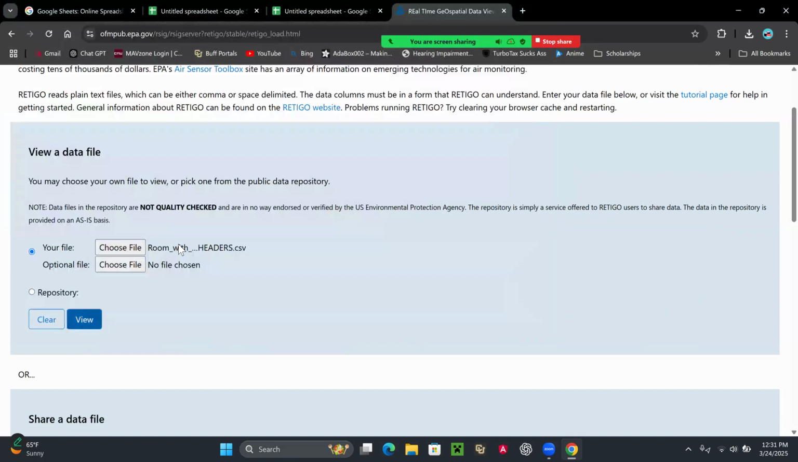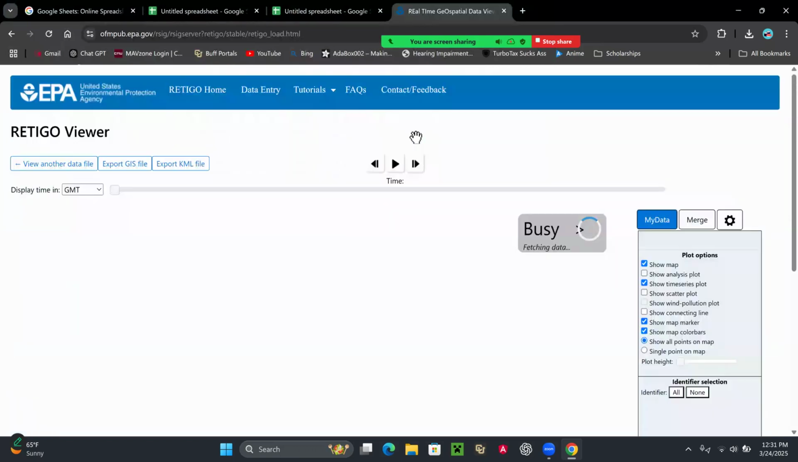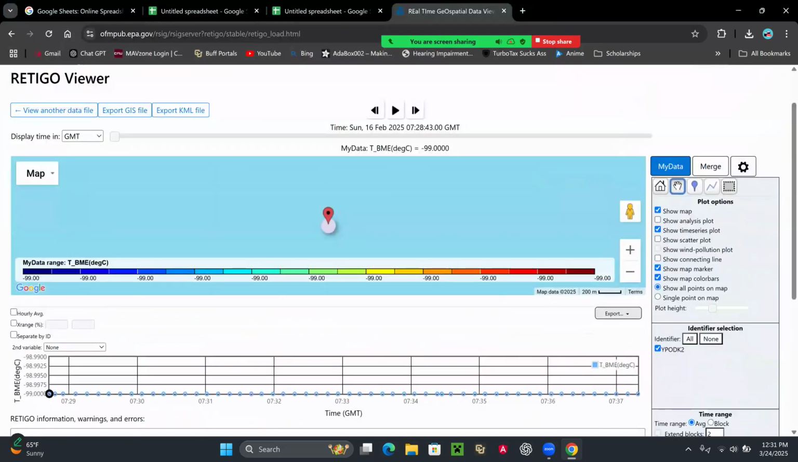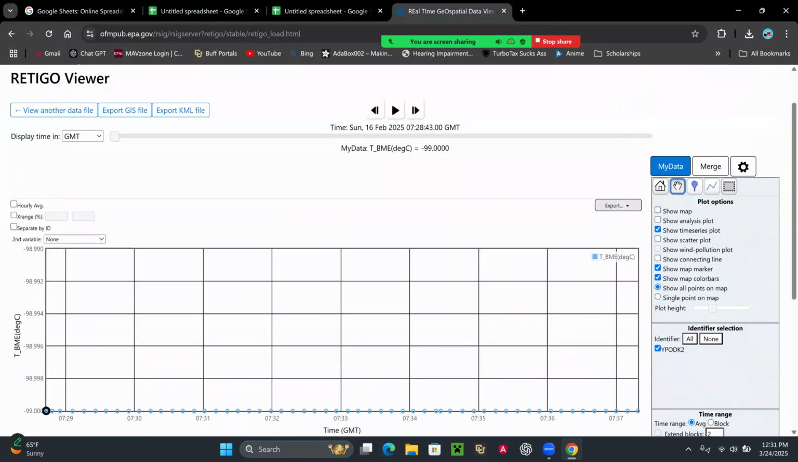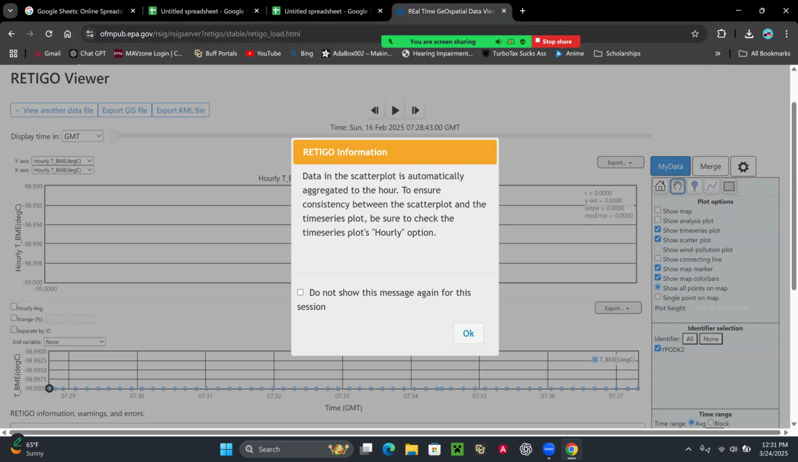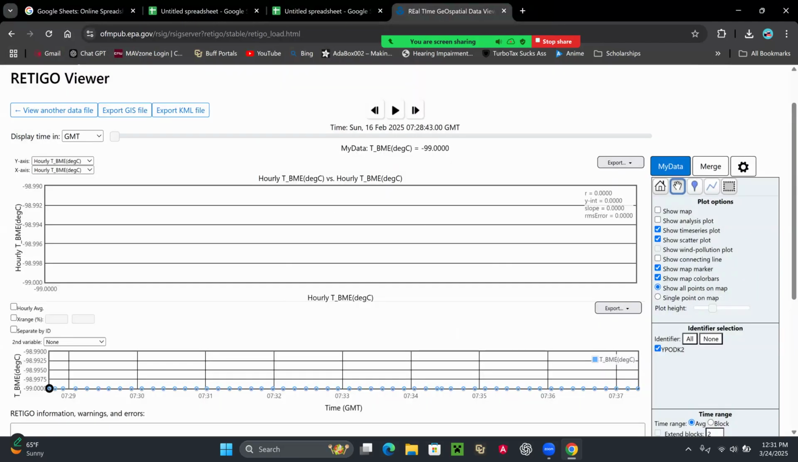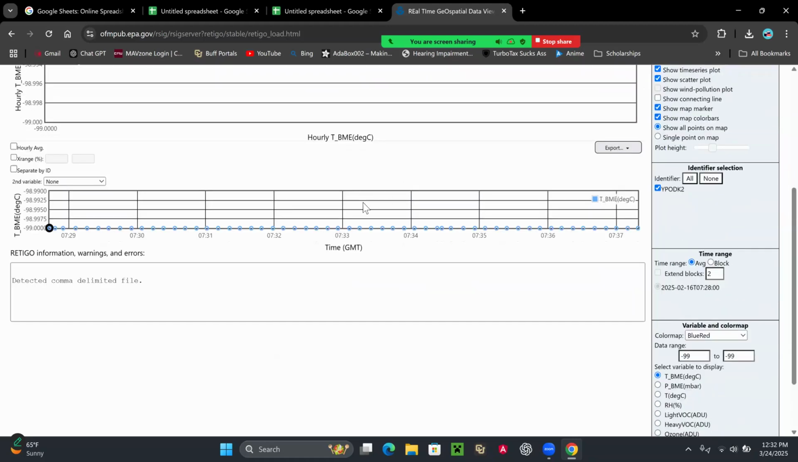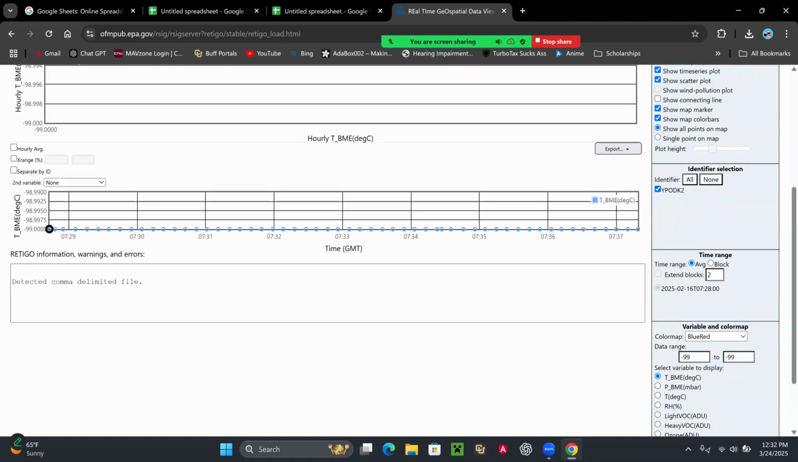And once it's uploaded, you can hit view and you can now see your graphs. Over on the right-hand side is where we will control our graphs. So unselect show map unless you have actual coordinates, and then select scatter plot if you would like. It is another graph that can help show data, but this bottom graph down here with time on the x-axis is going to be the main one